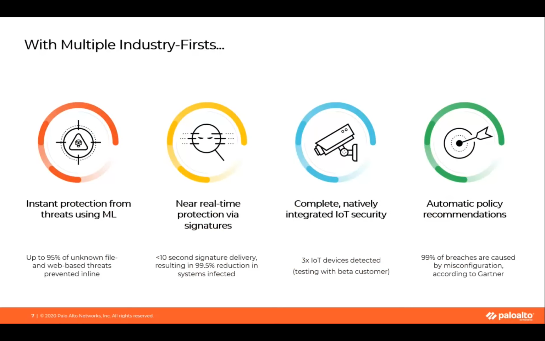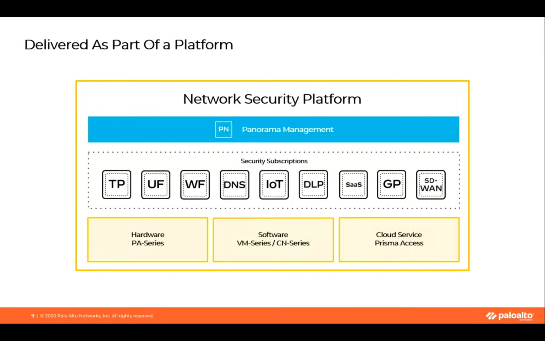What we saw here is that it can now do less-than-seconds signature delivery, resulting in a 99.5 percent reduction in systems getting infected, what we call patient zero. These are the guys who are going to be attacked. So all these things, like in URL filtering, it's also enriching this to now detect web-based threats